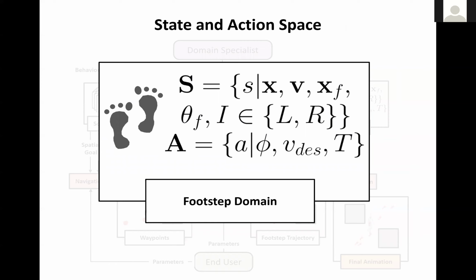So how does this all work? The state and action space that we saw previously, which was a particle-based representation, we extended to include the position and orientation of the support foot. The X here is the position of the support foot, and theta is the orientation of the support foot, along with an indicator function which indicates whether the support foot is the left foot or the right foot. As you are looking at this, maybe you are wondering, how does the state space represent both feet, because I'm only representing one foot?